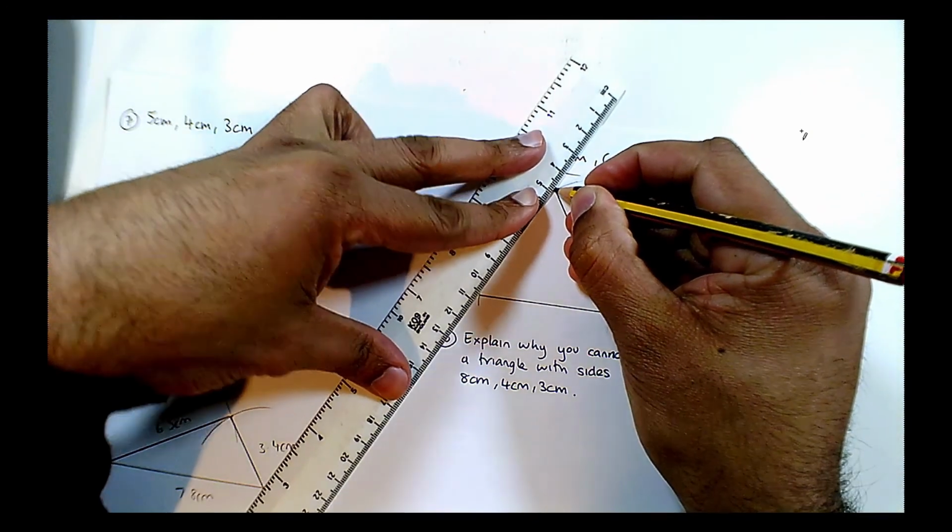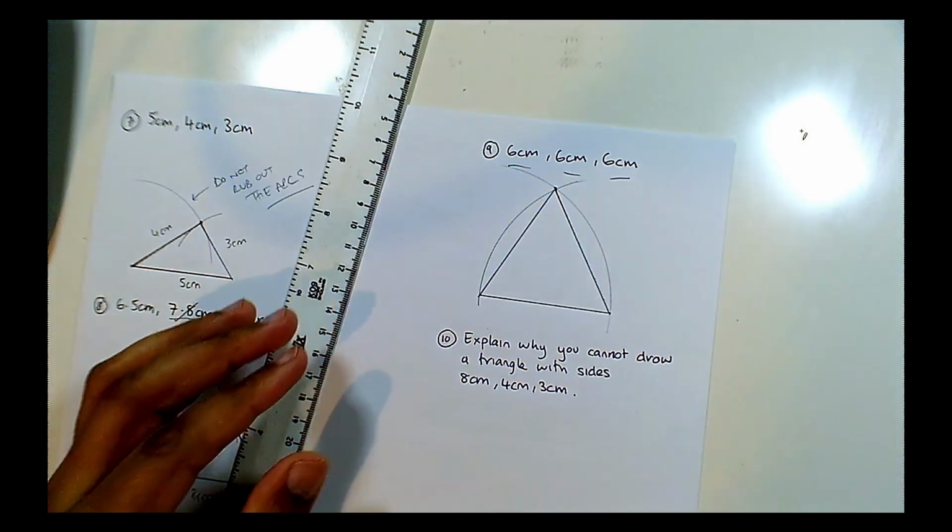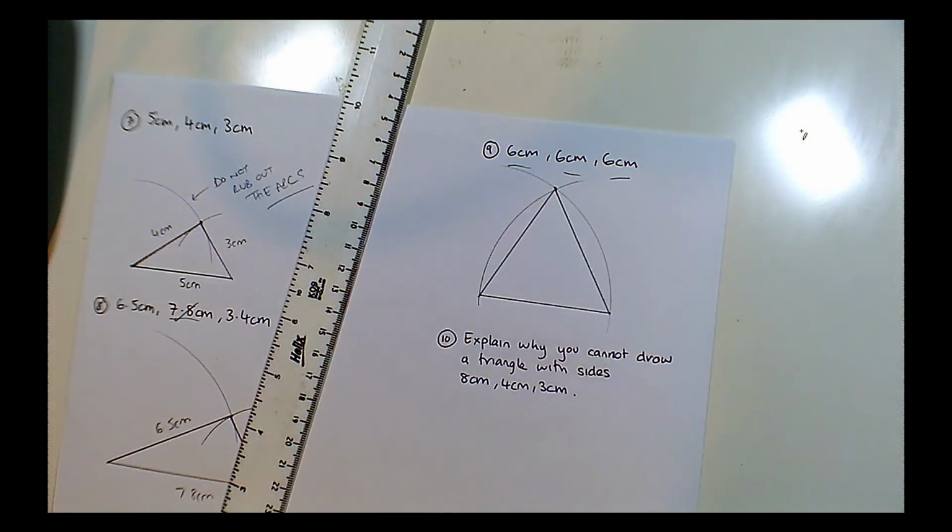Now sometimes I've seen in old Key Stage 3 papers where they already drew the lines for you, and rather than using a ruler, you had to match it up with there. But again, there would be my equilateral triangle. Now question 10 is another very popular question that comes up, and it says explain why you cannot draw a triangle with sides